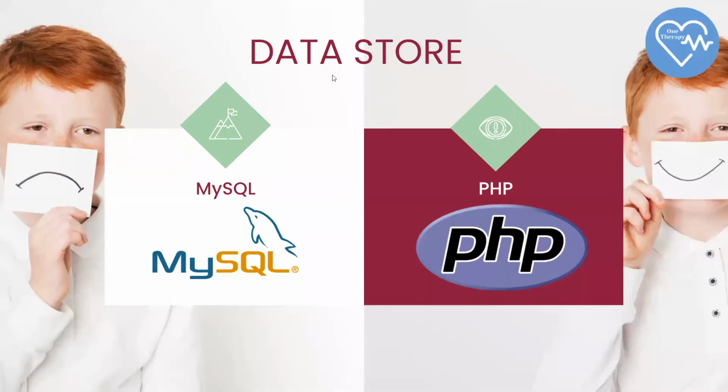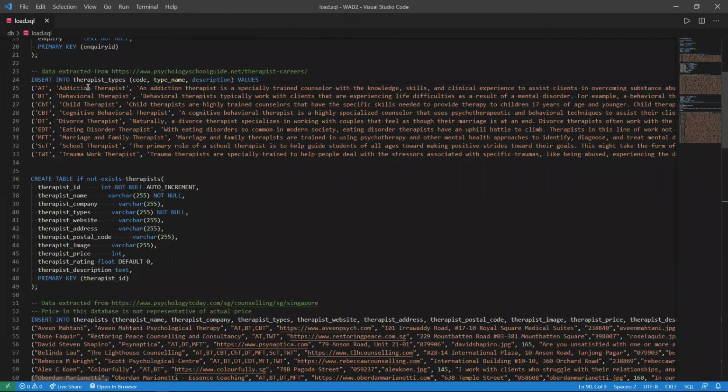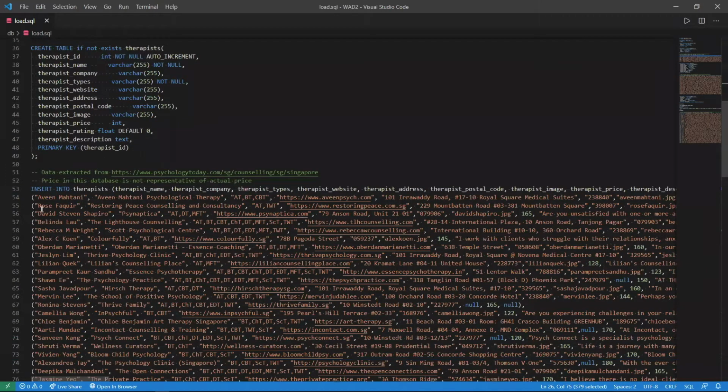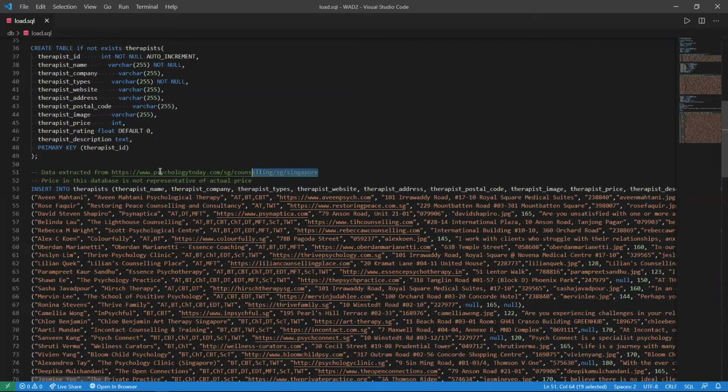For our data store, we made use of MySQL for our database and PHP to invoke these MySQL queries. So here's a look at our database. We have therapist types, which has the therapist code, type code, the therapist type name, as well as the description of the therapist type. And of course, we have our therapists. We have their names, companies, types, website, address, postal code, image path, price, as well as description. These are extracted from an actual website,